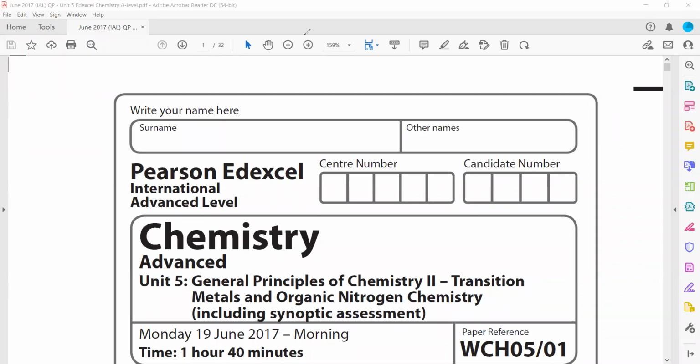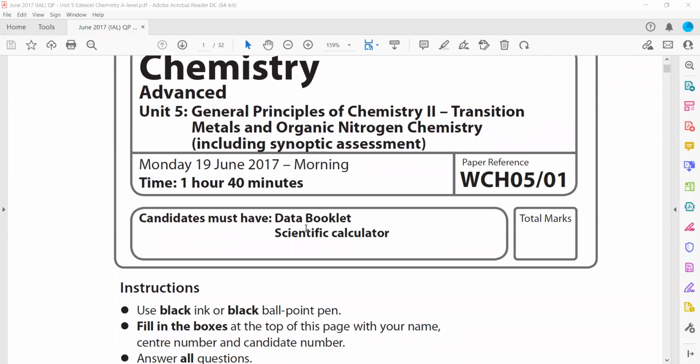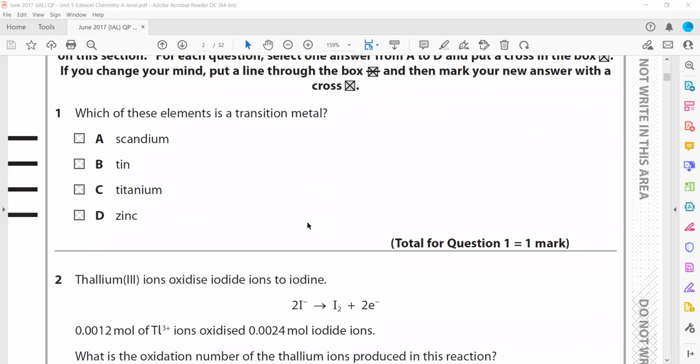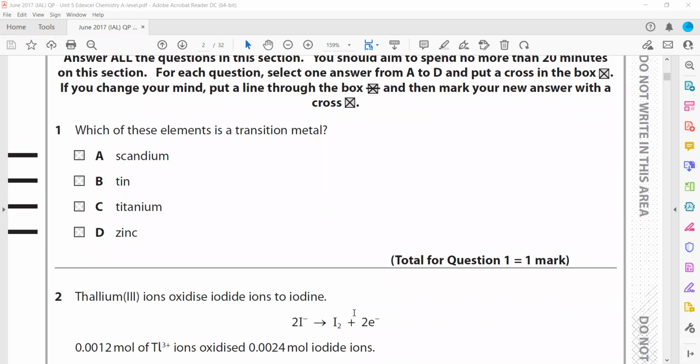So this one is June 2017, Unit 5. We'll discuss the MCQs. Which of these elements is a transition metal? So scandium and zinc are not classified as transition elements because they are not following the trend. So the only option we are left with, one is titanium is there, another one is